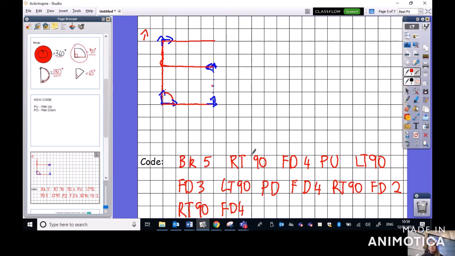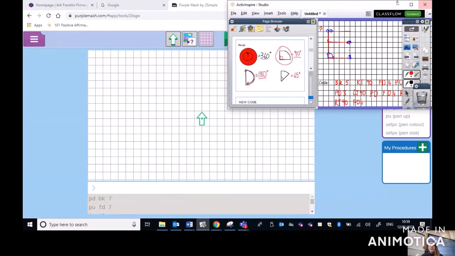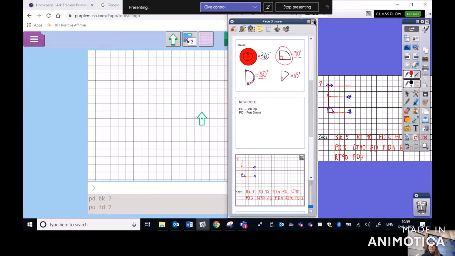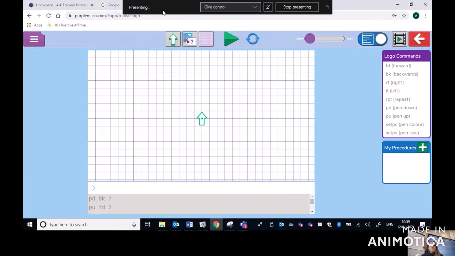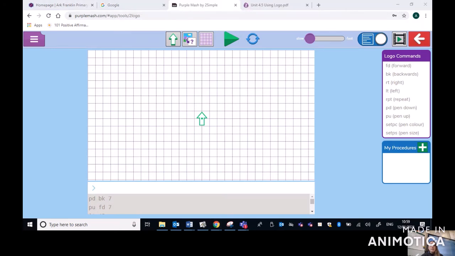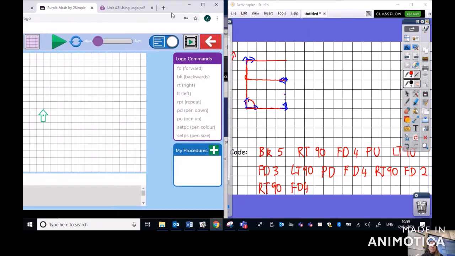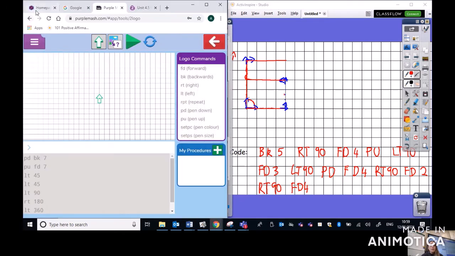So it goes back 5, right turn 90, forward 4, pen up, left turn 90. Oh my goodness, there's so much code. I wonder how this is going to go. Let me put my screen across so I can read it. And I'm going to type it into Logo. All right, so the first one says